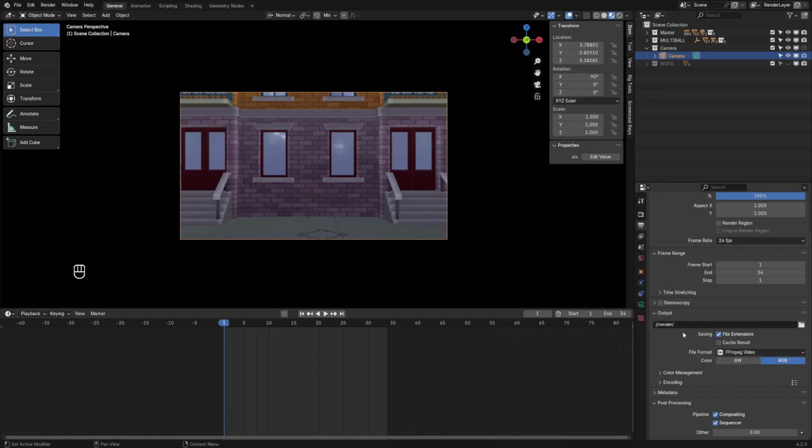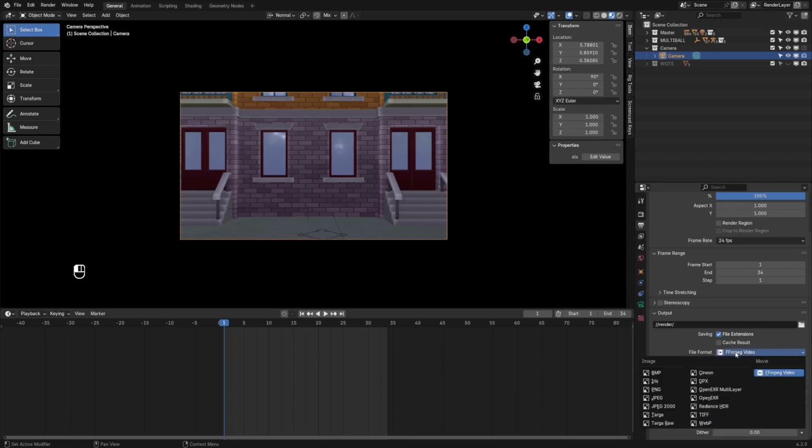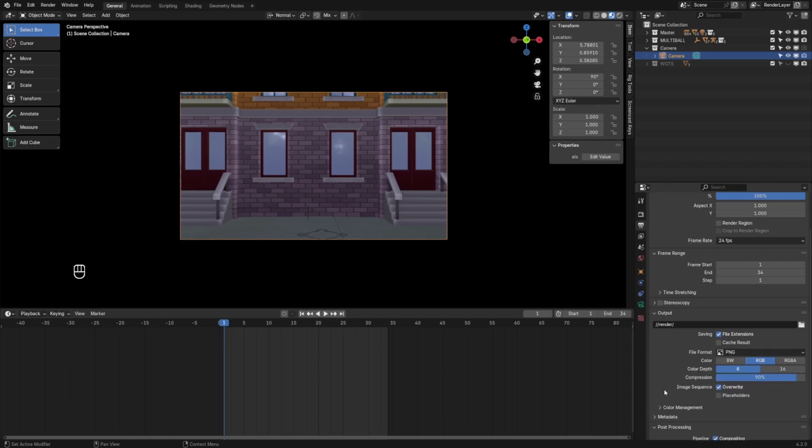And down here, we can change the file format for your output. The two columns on the left are image formats, and the lonely single format on the right here is the video format. The default setting in Blender is PNG, an image format. When you choose an image format, Blender creates an image sequence. This creates one image per frame from the start to the end frame,